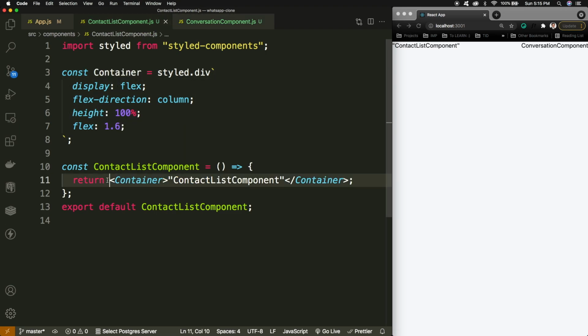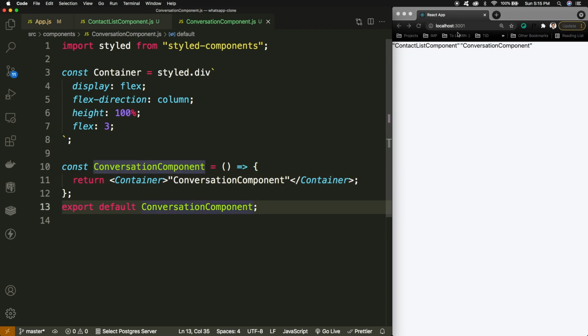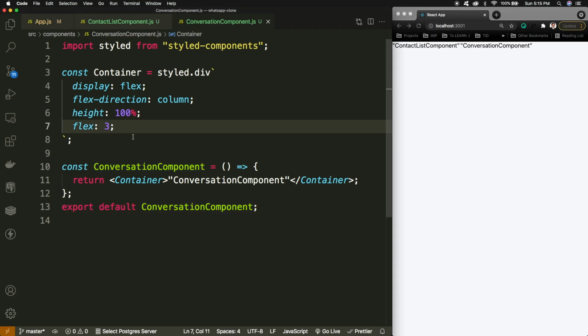And again I just need to copy like this, and here we go. If I am having this screen, then you will see that around 1.6 part is here and 3 part is here. So again, this is the ratio, you can divide it as per your own comfort.